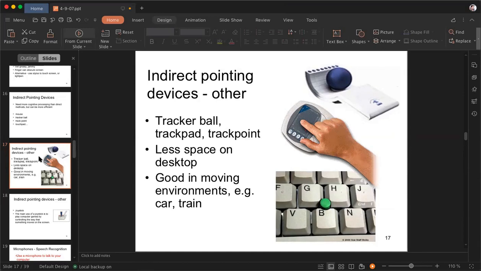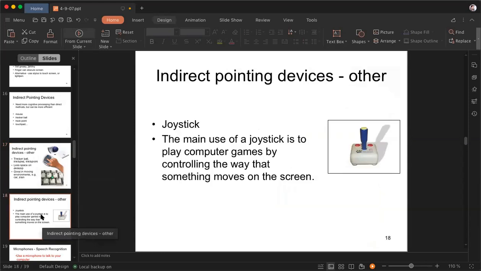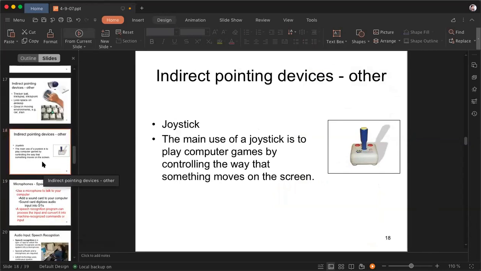So guys, I think these track balls are very simple. It's clear as well. Joystick is used for gaming purposes. You might have used it whenever you go to playing stations or kid zones; you'll always find a joystick there, just to play different games over the screens. Even nowadays, you might have observed virtual reality games. That is again one of the new innovations when it comes to indirect pointing devices.